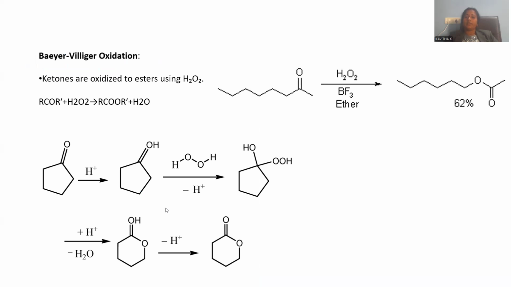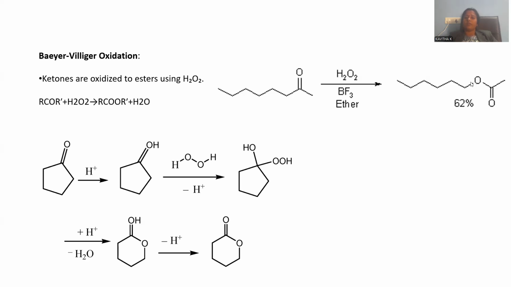This is said to be a named reaction where you can take a long chain ketone. The long chain ketone is treated with the oxidizing agent hydrogen peroxide. This hydrogen peroxide can be used in the presence of BF3, boron trifluoride. Ether is the solvent, BF3 is the catalyst. Ether is the solvent we applied, so that the oxygen-rich hydrogen peroxide is able to release oxygen in between the carbon and carbon, giving rise to an ester form. Ester form will be achieved.